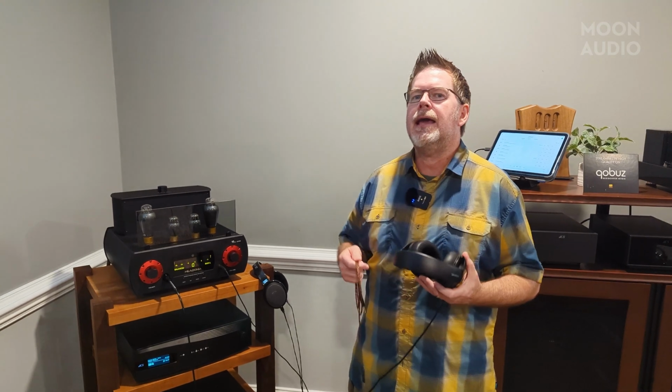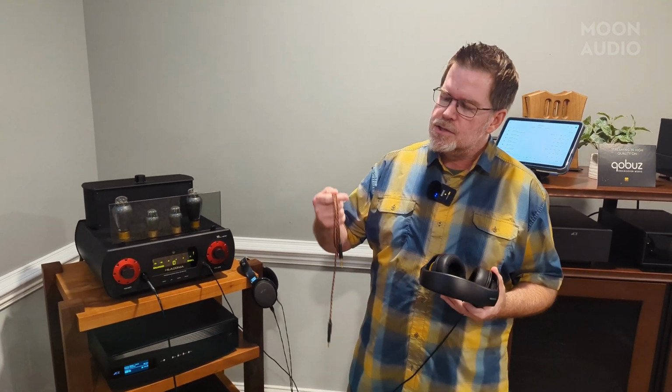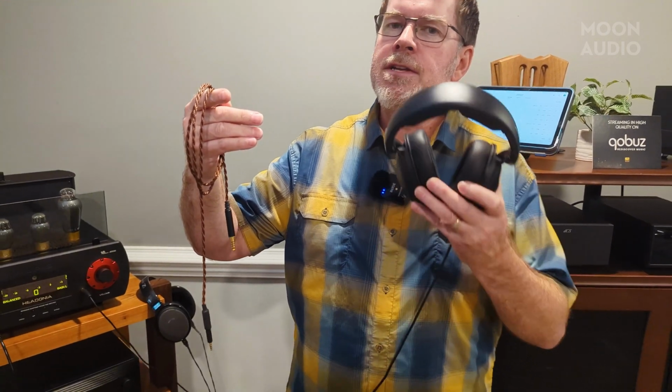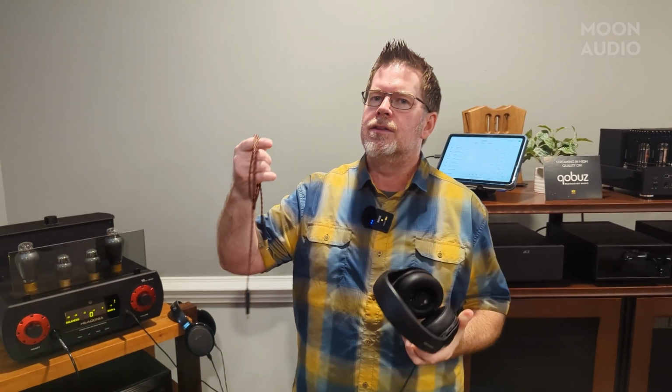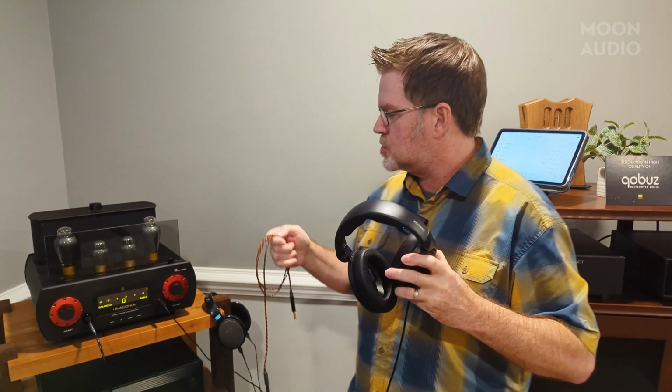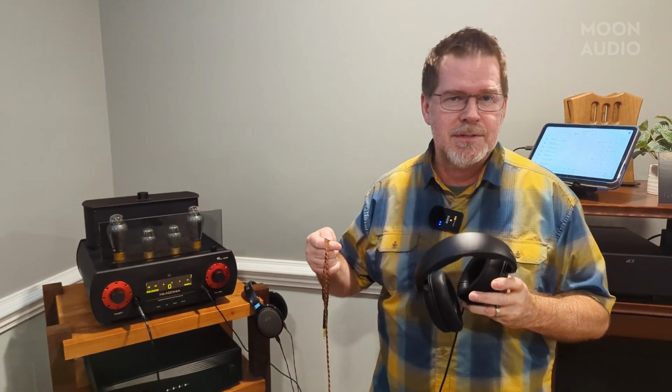So let me talk about the cables we're gonna wanna use with this headphone. So this is the Bronze Dragon portable headphone cable. Since this is a single entry headphone, this is the cable I use to demo. While I've got the stock cable here just for use to show both connections plugged in at the same time,